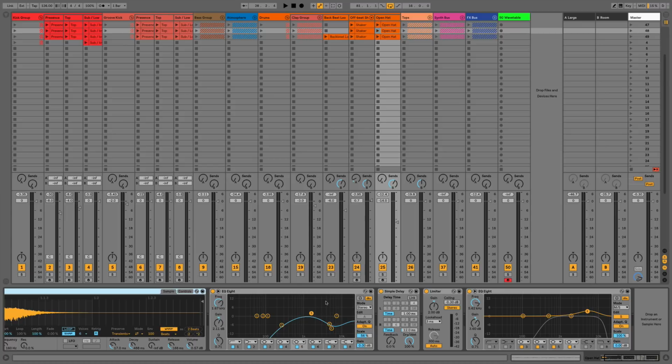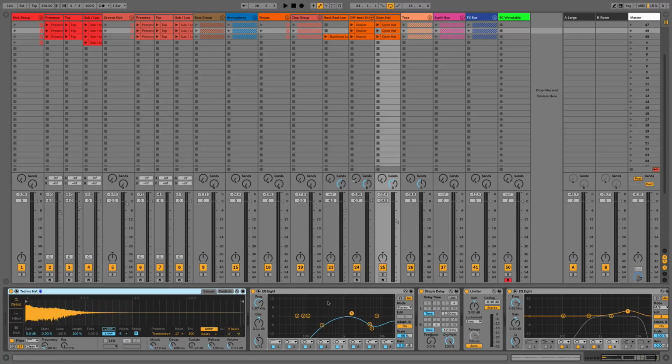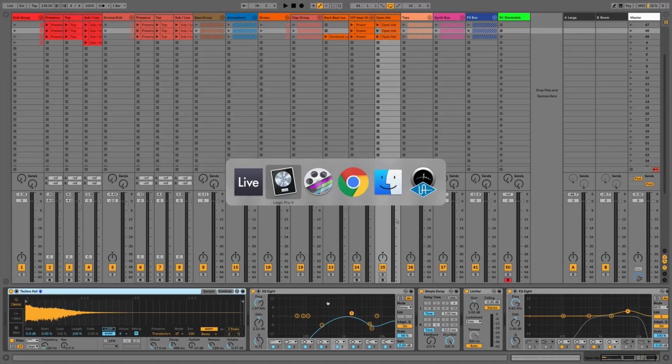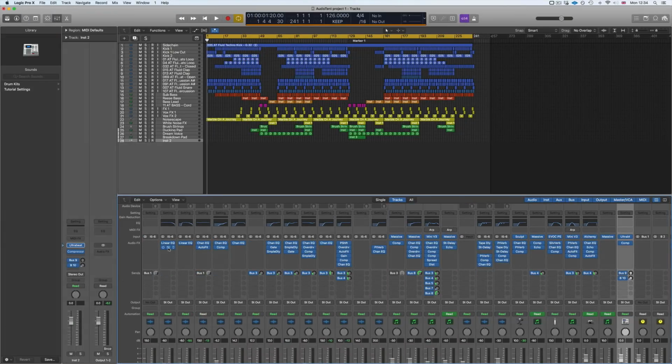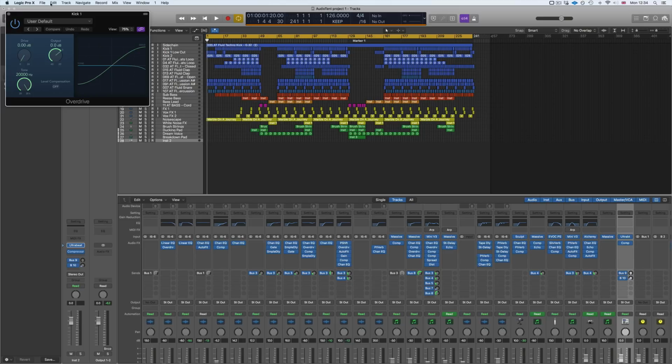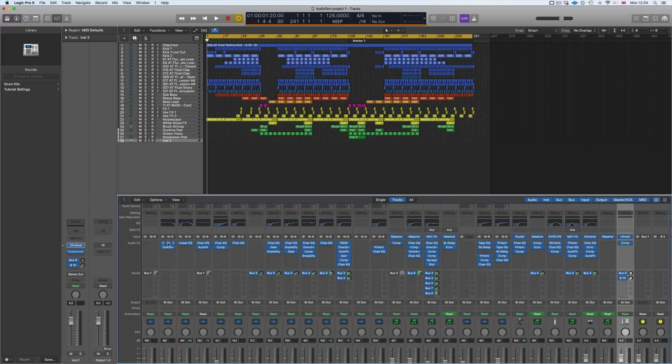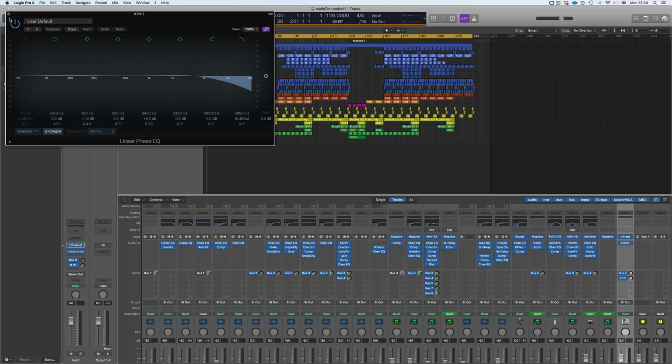Even if you've never used the device before, you can get a grip of how it works quite quickly. Whereas if we go into Logic Pro, then the plugins do pop out, and they are quite simple to use. I do like the newer plugins. They're quite nice to look at, and once again, they are quite intuitive.